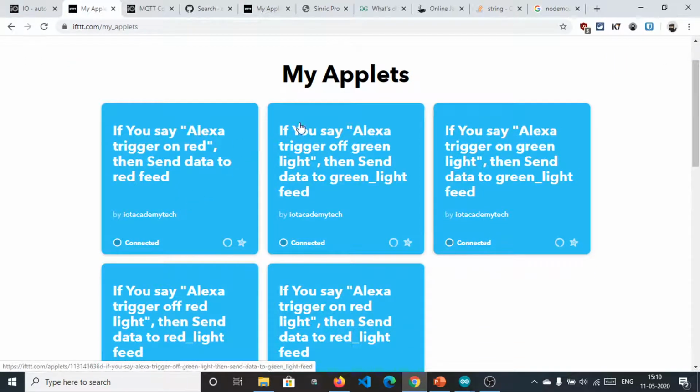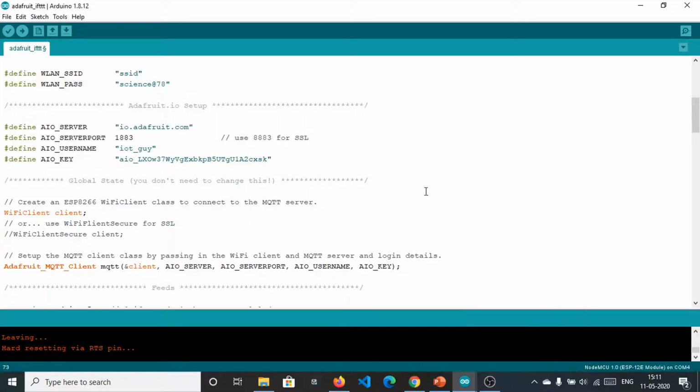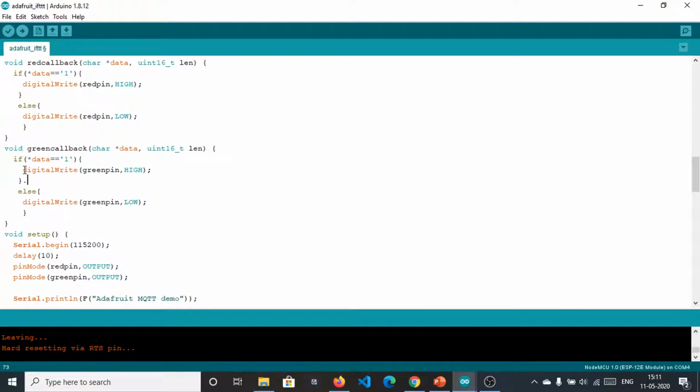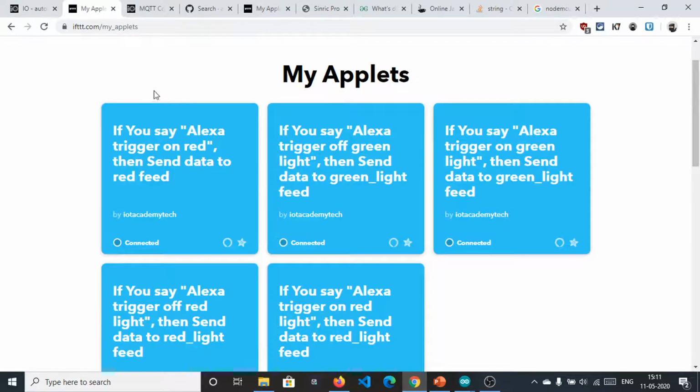And in the demo I said trigger on or off green light, and in this one I am sending trigger on red, and this will send data 1 to this platform, to this MQTT broker, and this broker is subscribed by this NodeMCU client. And as the data 1 comes here, the digital write pin will become high. Fine, you are understanding the basic flow. This is the mechanism of MQTT, so you will get the idea. And now we need to turn off the red, so we need to send 0. Fine.